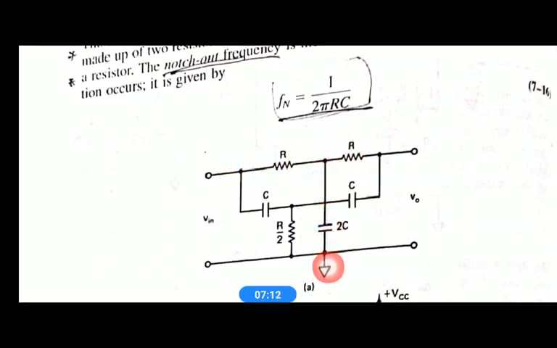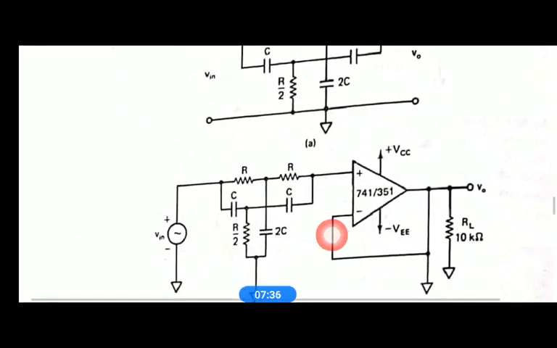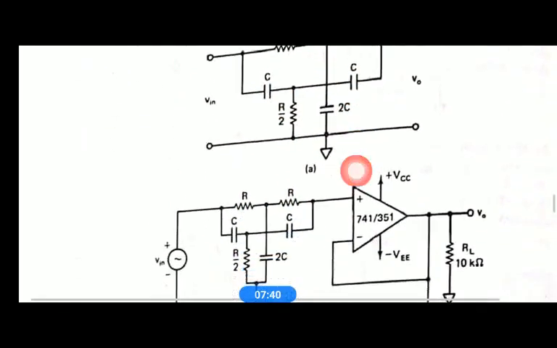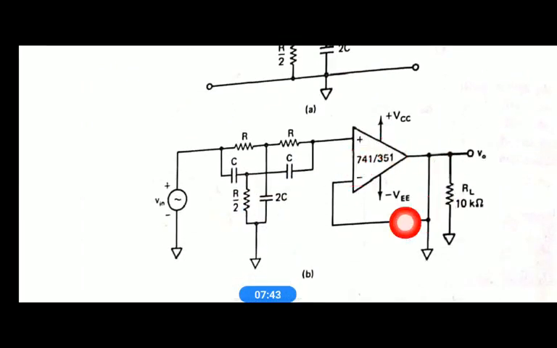capacitor C, which has value 2C, whereas one more T network is connected in parallel to the other T network, which has 2 capacitors C and a resistor which has half of this R, right? And the capacitor in this T here is 2 times the C, right? So this twin T network is used with a voltage follower,